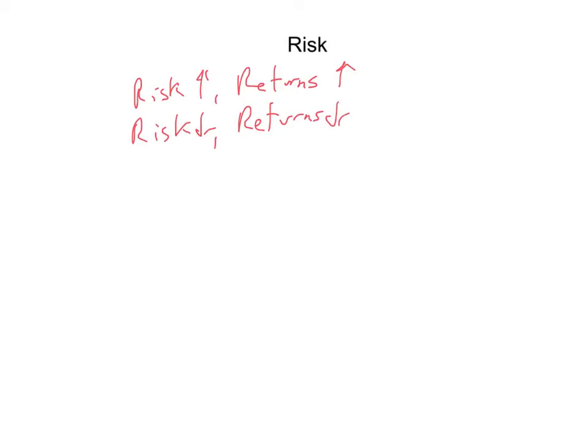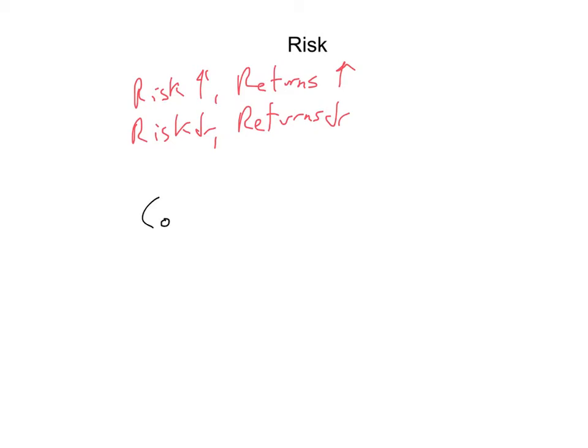This is not because an inherently risky investment is also inherently high returning. So I don't know what would be a risky investment. Maybe investing in a mining operation on the moon. Okay, now that might be really, really risky, but it might not offer a really high return just because who wants anything that you could mine on the moon? Now, the reason why higher risk leads to higher returns is this.